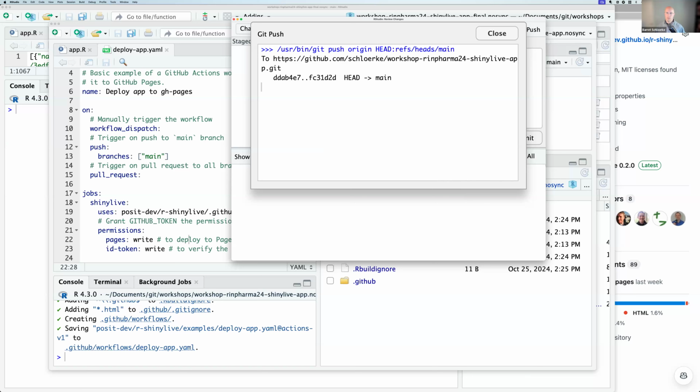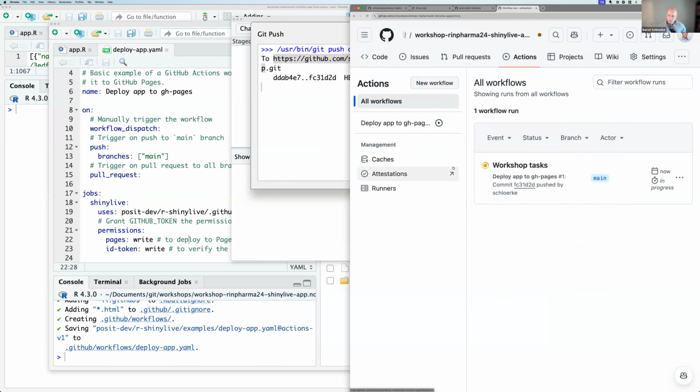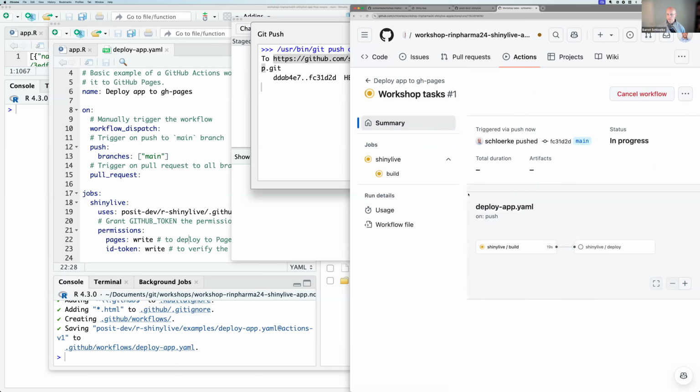All right. So this is the GitHub R in Pharma app. Great. All right. So now we're here. I have this little pending thing, orange flag right here. But what we can now do is we can go to the Actions tab. And we can now see that there's a first task being run. And here's that play button for the manual deployment. But we can click into the workshop. We can see shinylive is building. We'll click into that as well.